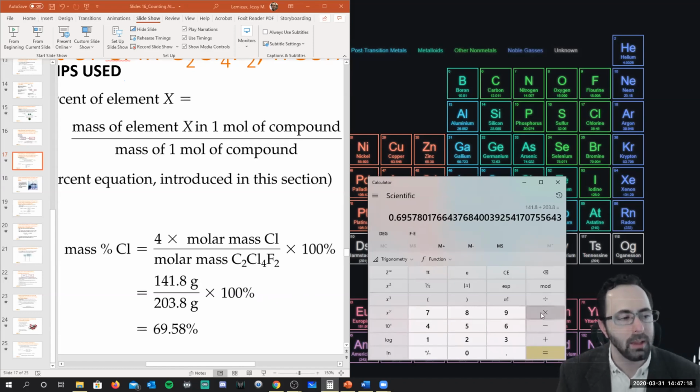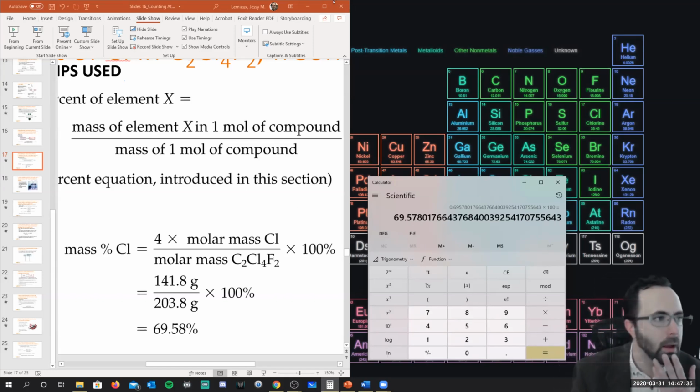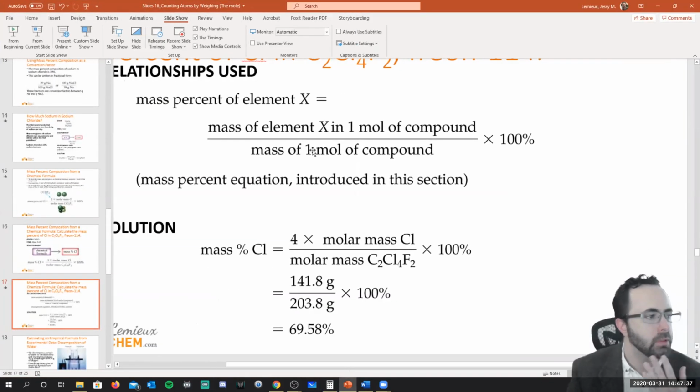If you want to make any decimal a percent, you multiply times 100%. And see how I keep the percent, because the percent behaves like a unit. And my number is 69.58%. Right there. And that's how you get the percentage by mass,